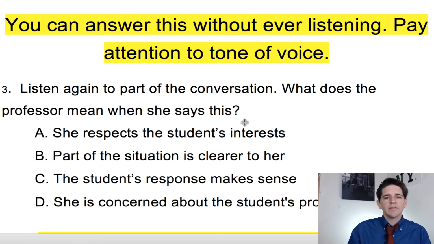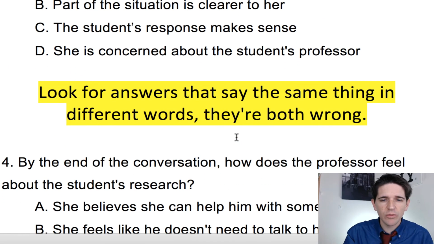Okay, so then you have to try to figure out the answer based on what you listen to. And the answer, by the way, is B. She says that makes sense in one respect, but she's still confused about something else. So she understands part of the situation, but she's still confused by other things. So that's it. Again, I haven't listened to the passage. Let's keep going. The next one.